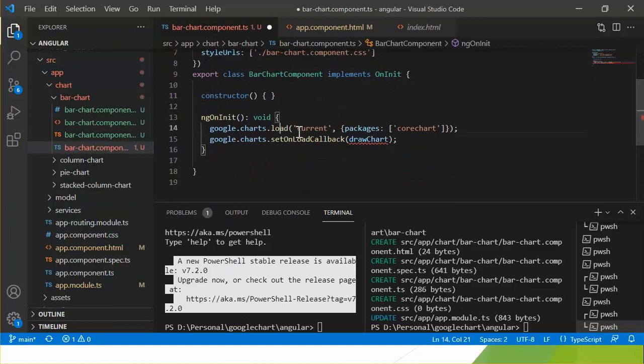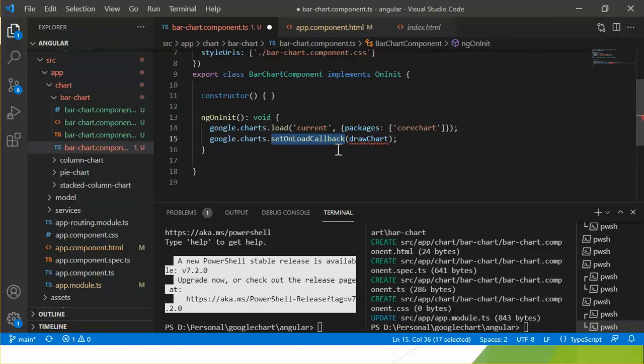The first argument of this method is the version name or number. Current is the current version. The packages is an array. It can take zero or more packages. Corechart is the package for the core charts like bar chart, column chart, and pie chart, and so on.